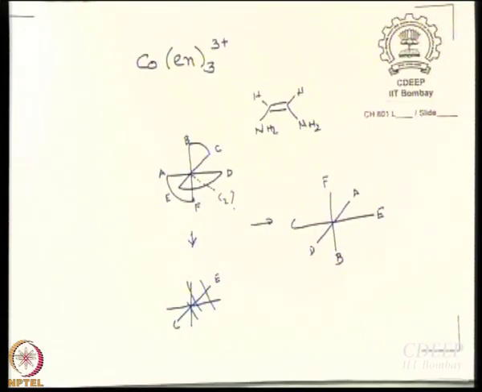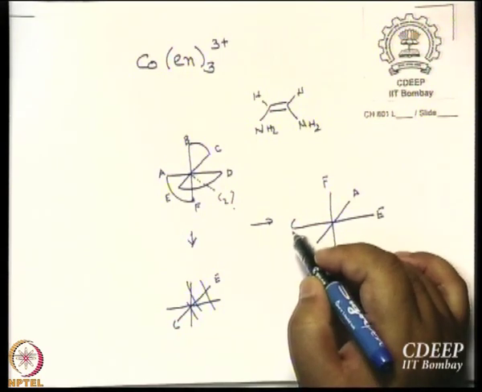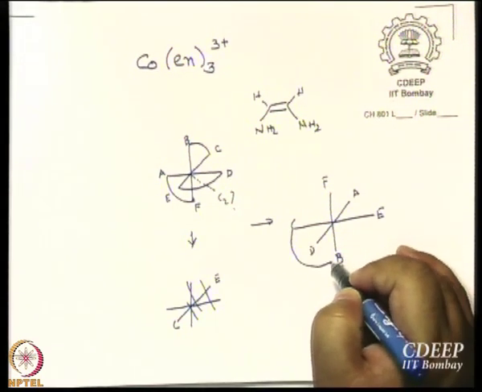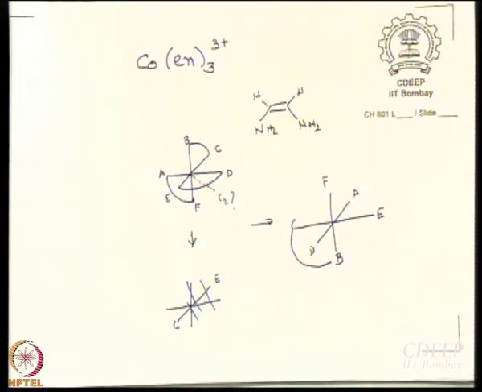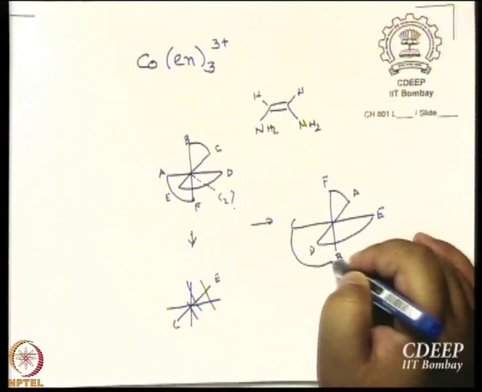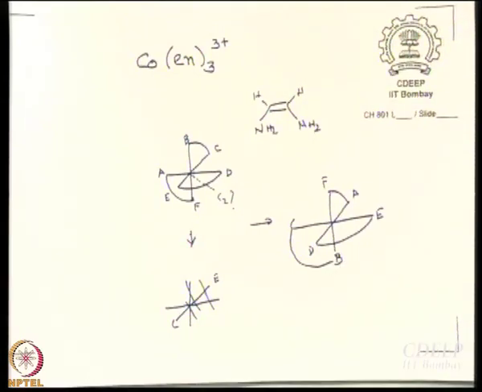Is that right? Now, what were the rings? BC was a ring, right? Let me join BC. Then E and D and A and F. Now tell me, allowing for my pure artistic skills, have you not got an indistinguishable molecule? You have, right? How many such C2s will be there? 3.